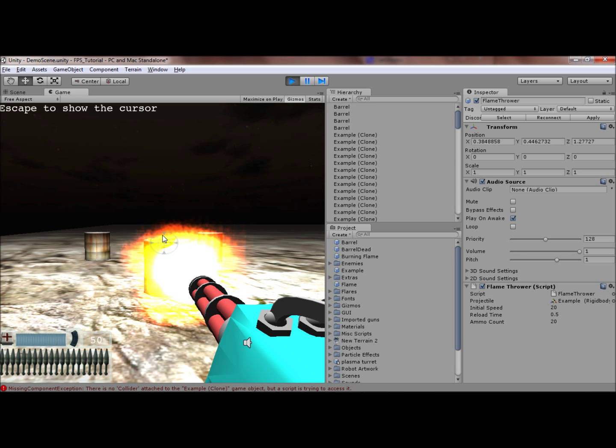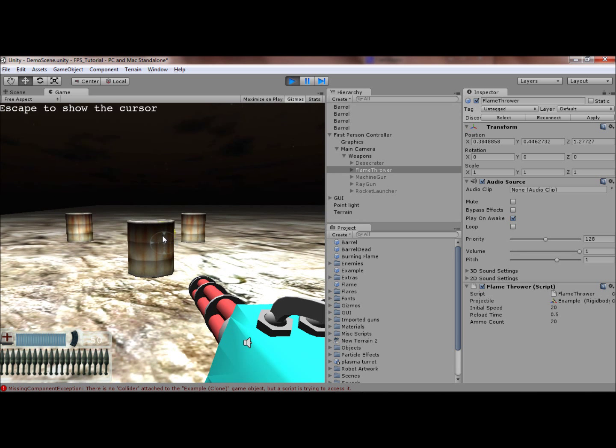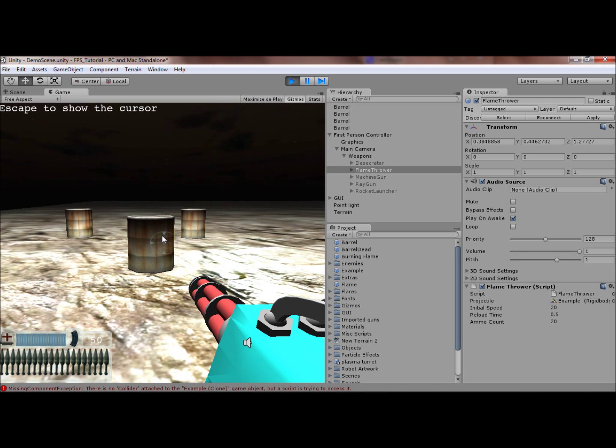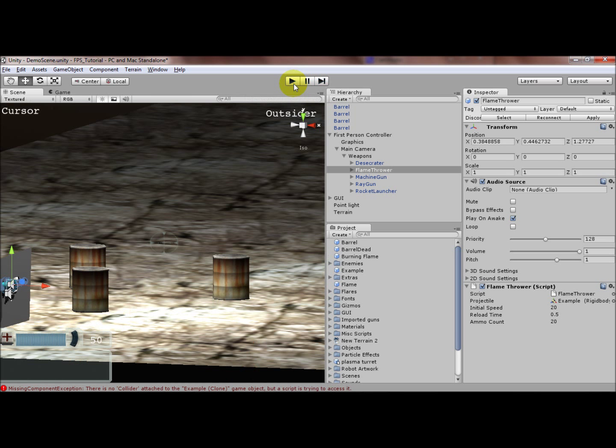There we go. You see all those clones? But the script over time destroys those clones, and they only get to a certain amount, like maybe 20, so they never get too big, which is good for us. So that works. But you notice when I shot, these barrels have a script attached to them that allows them